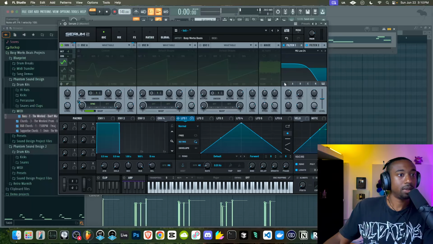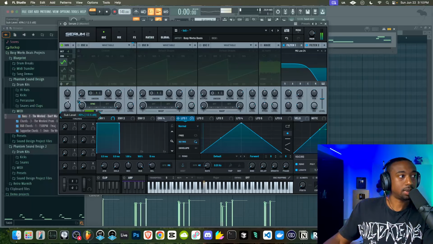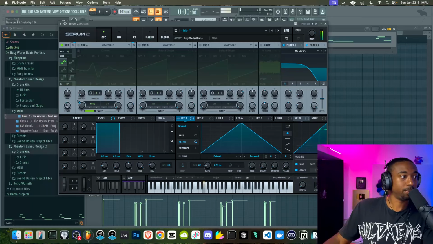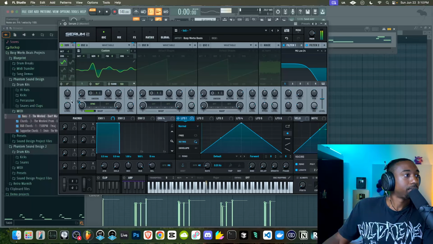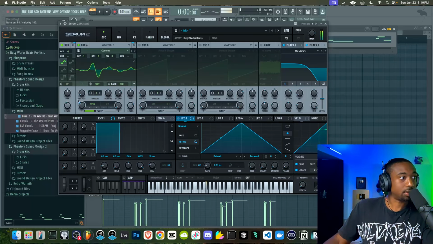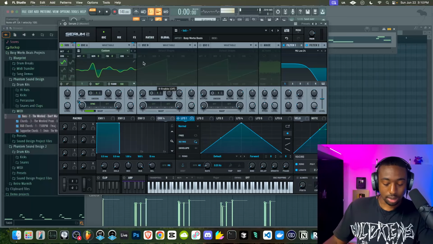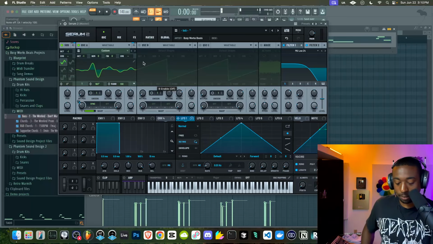If I take it out with the filter, so what it sounds like if I add it to the filter, it sounds a little more buzzy. So that's what we're adding underneath this track. So we're swapping out the fundamental frequency. That's another technique you guys could use to add more density.